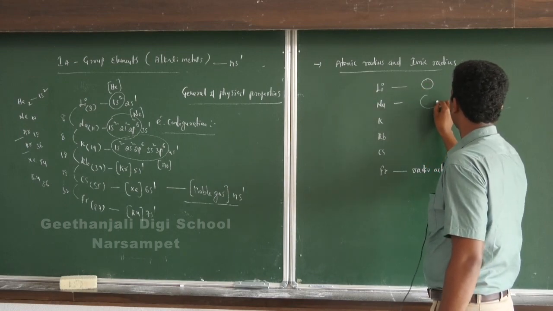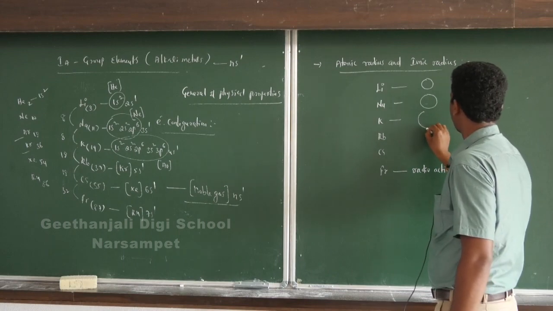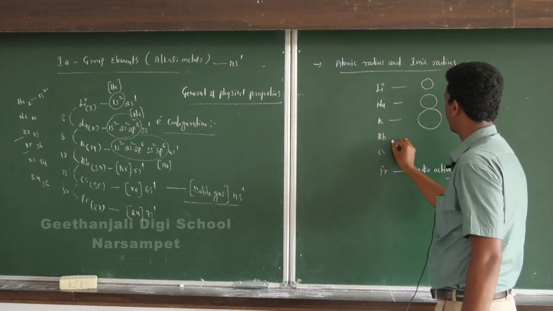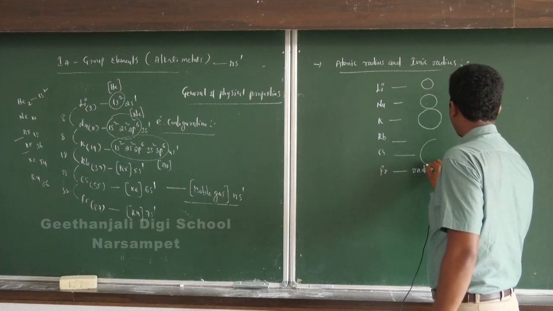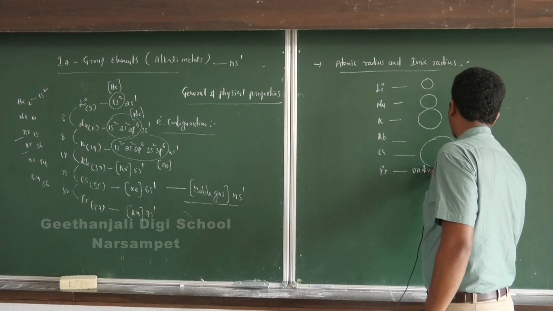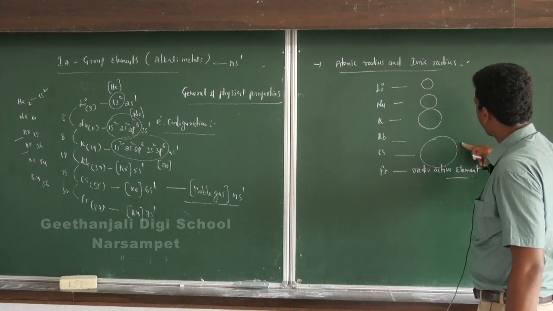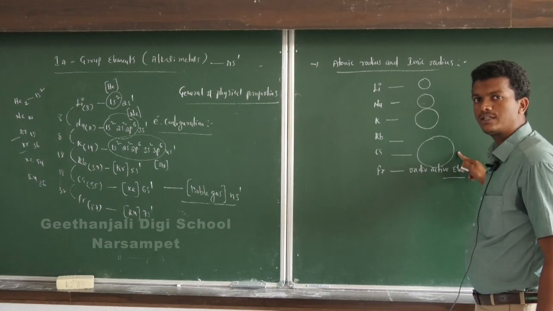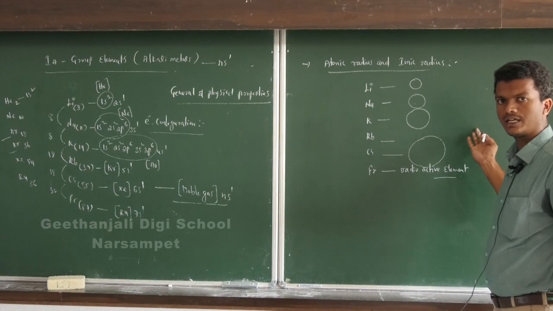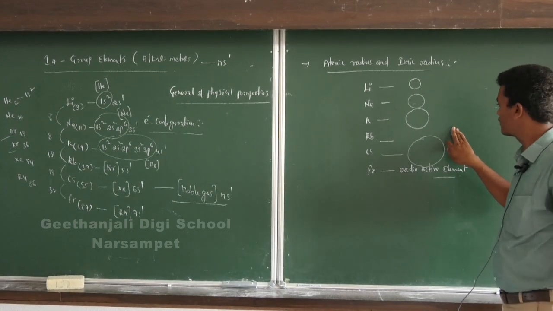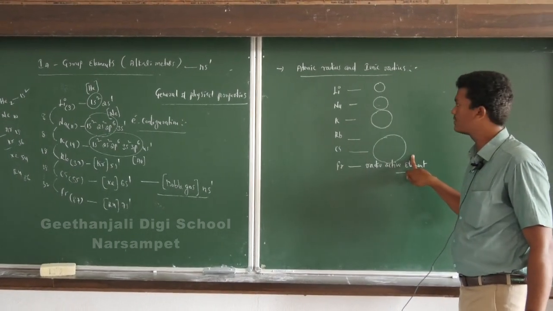The size increases from lithium to sodium, as well as for potassium, rubidium, and cesium. Finally, cesium has the largest size. On moving from top to bottom, the last electron enters into different shells so that the number of shells increases. With the increase in the number of shells, the atomic size of this group of elements increases on moving